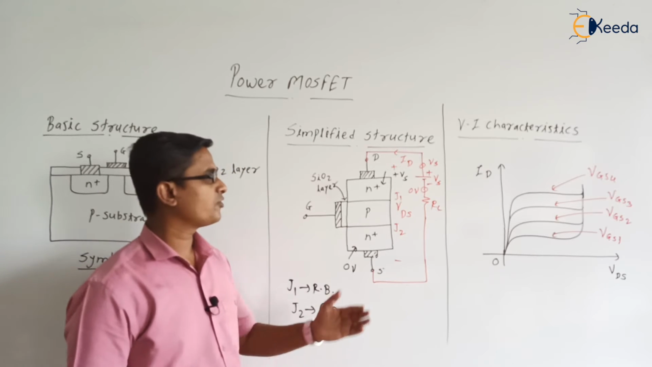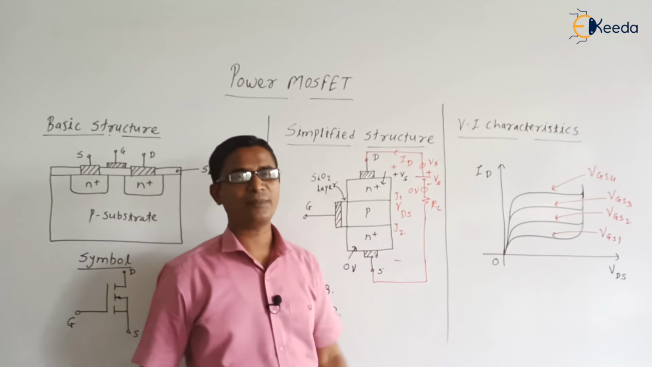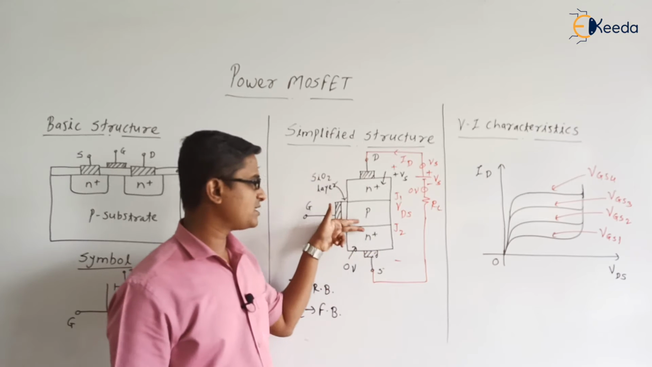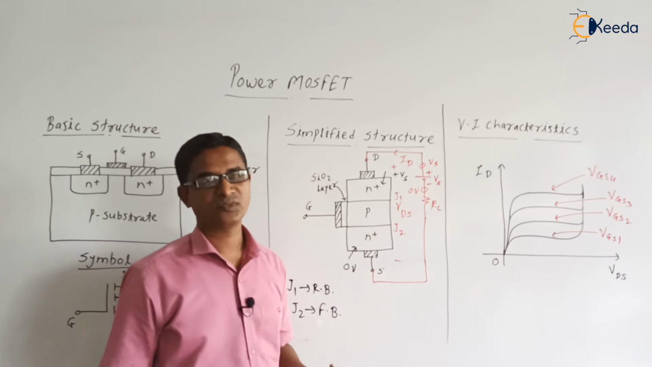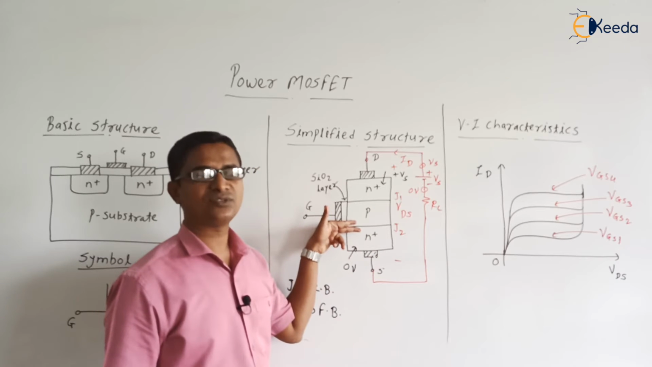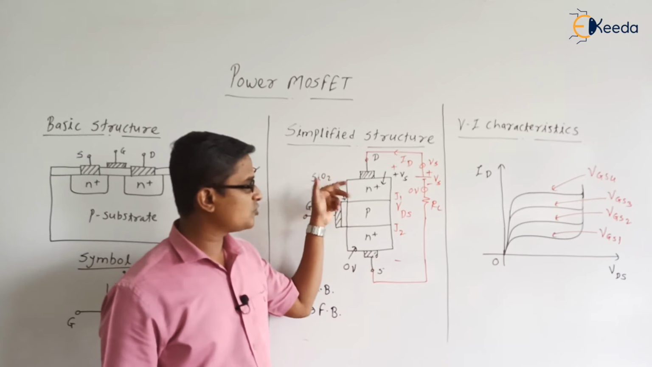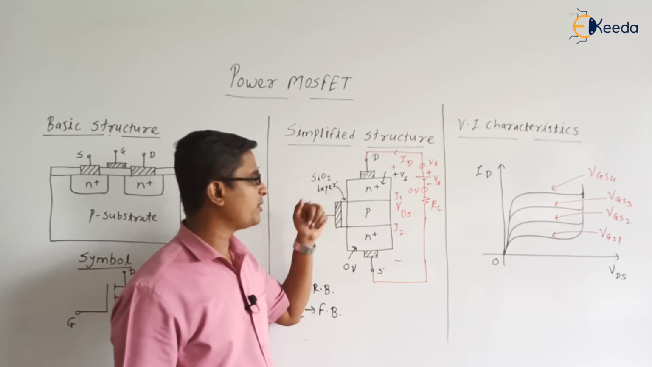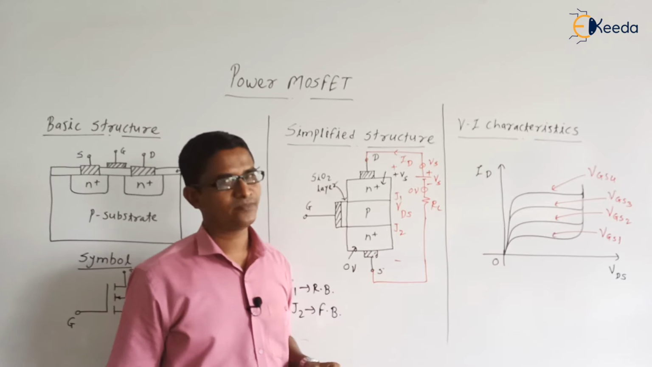If we go on increasing this voltage, what will happen? The width of the depletion layer across junction J1 increases, and the width of the depletion layer across junction J2 decreases. If we further increase the voltage, this width becomes 0 because junction J2 is in forward bias mode, while the other width goes on increasing. If we increase the voltage further, the breakdown of the depletion layer across junction J1 takes place